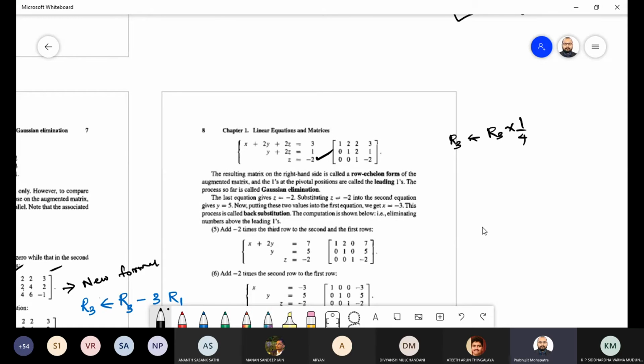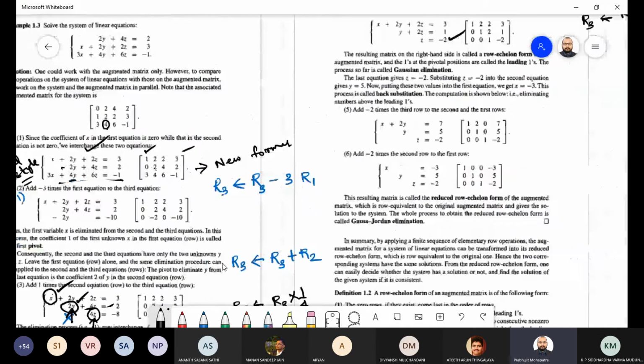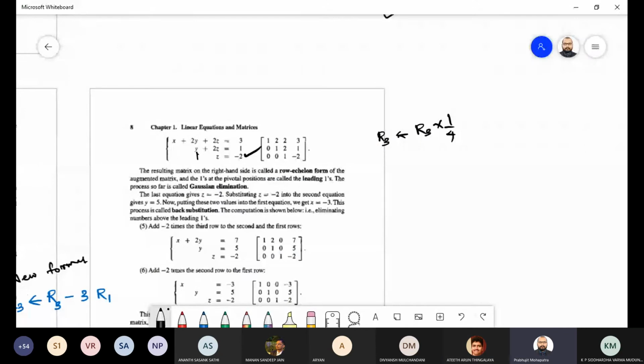Now after getting the z value, what was the y position? The y position was 2y. So what we need is only y in this position. So what we can do? Multiply row 2 into 1 by 2, or directly divide by 2. So now row 2 divided means y plus 2z equal to 1. Now you got here y, here x, and here we got the z value. And we know from here directly, because nothing else is there, that our last equation z value is -2.